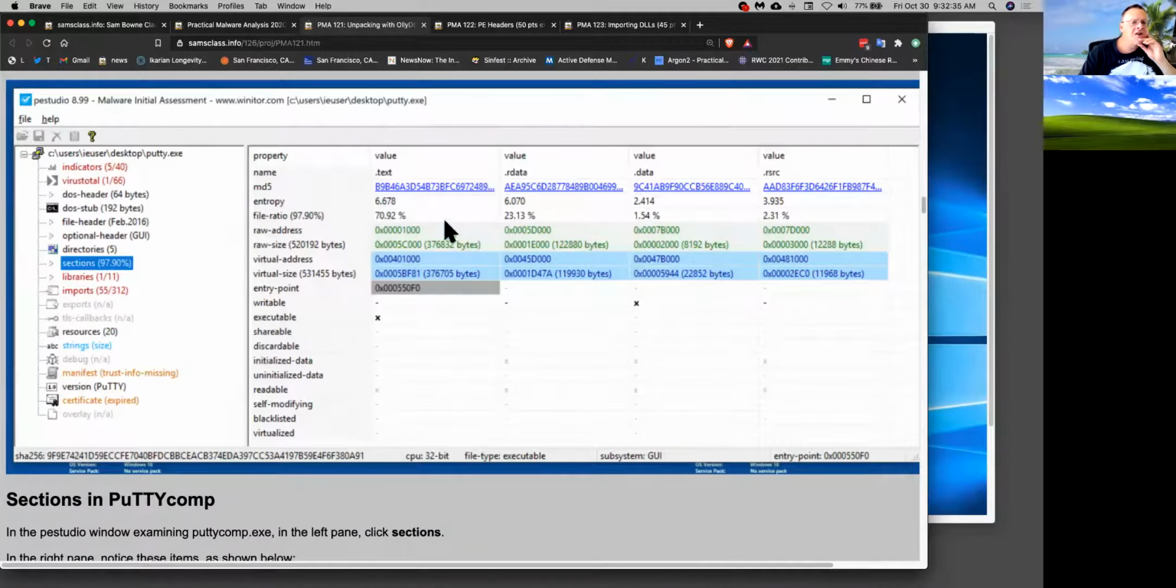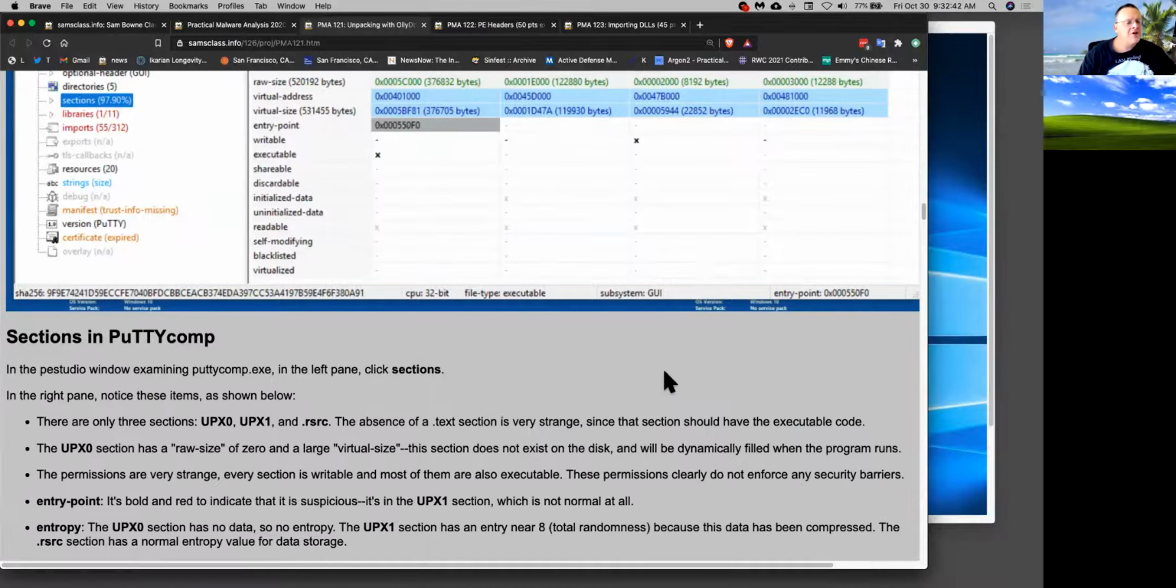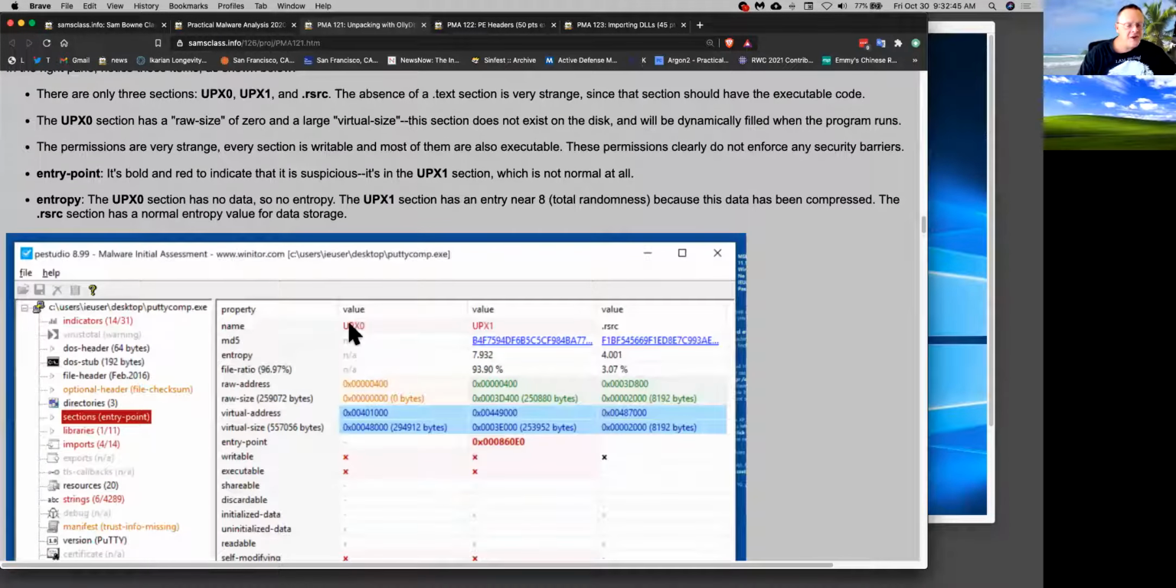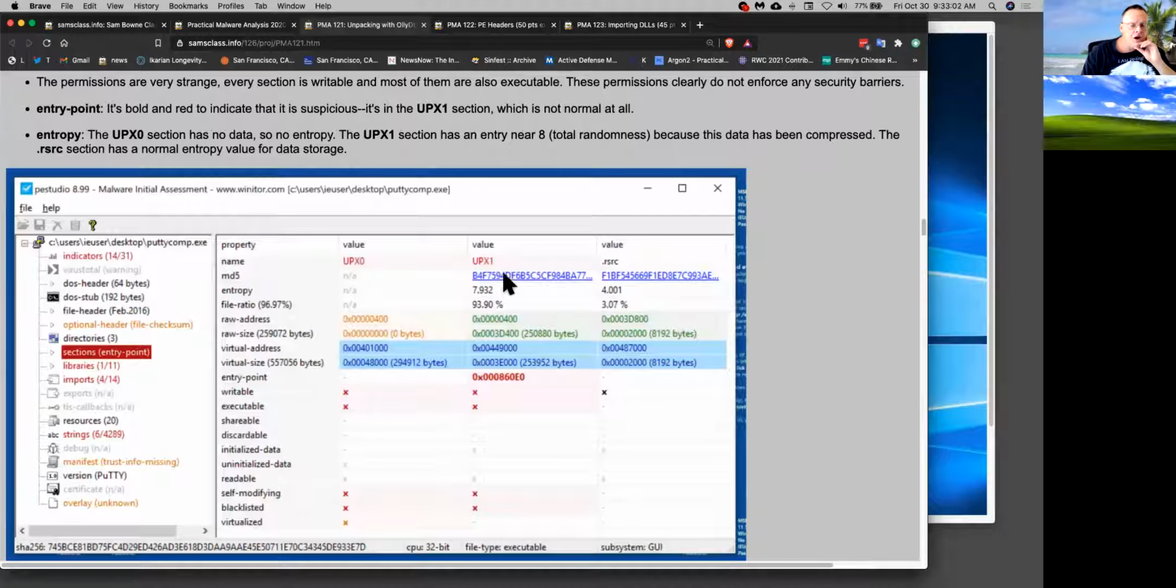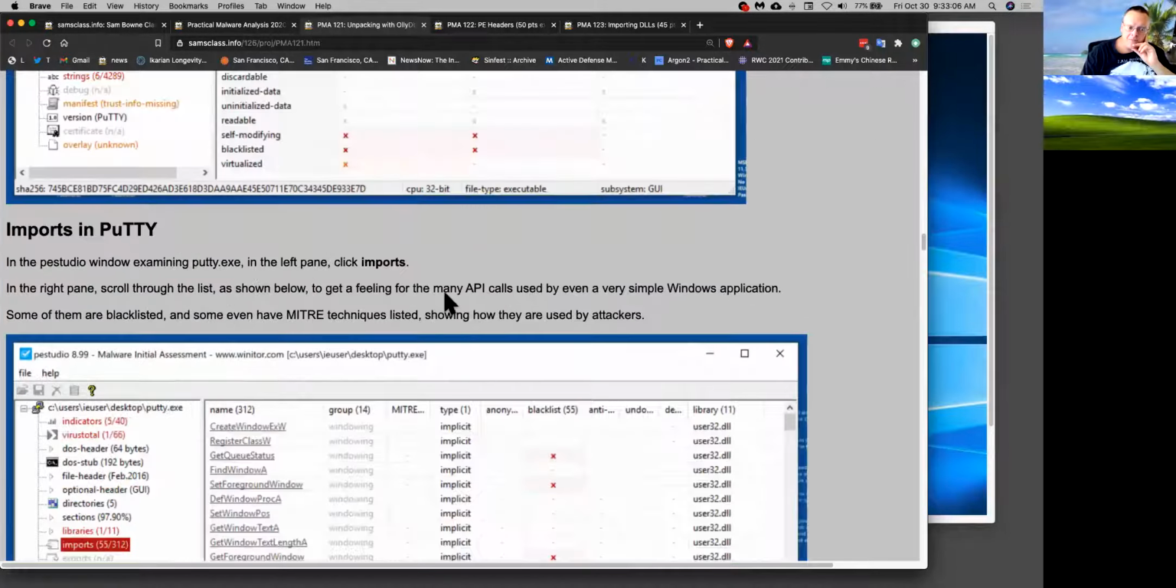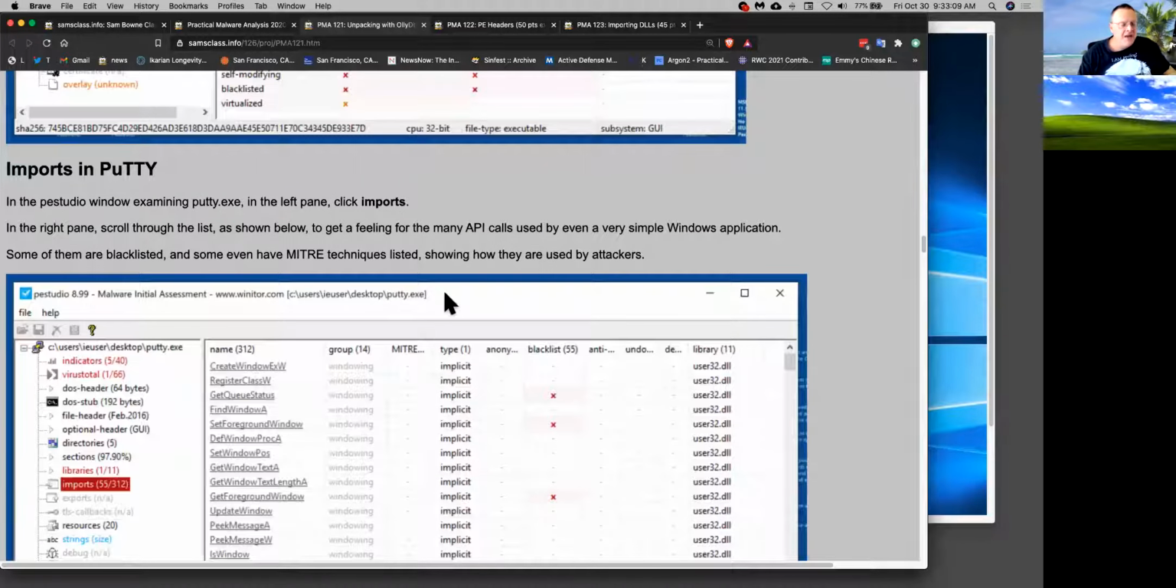All right, and notice the names of the sections in the original uncompressed file are normal: text, data, rdata, and resource. But the compressed file with UPX now has UPX0, UPX1, and resource. And the entropy is 7.9 here. And this section is all zeros. You have an empty section, and you have another section that is totally compressed. So what's going to happen is when you run it, it's going to uncompress this and build the actual executable section from it. And you can watch that happen in